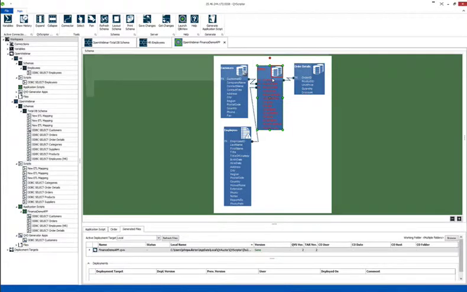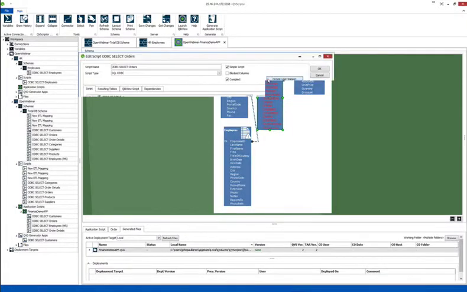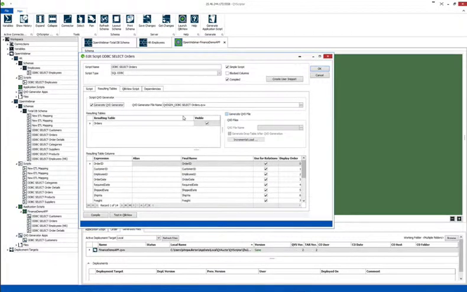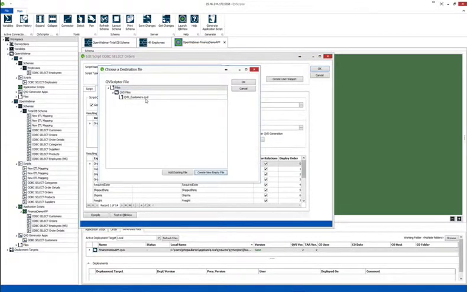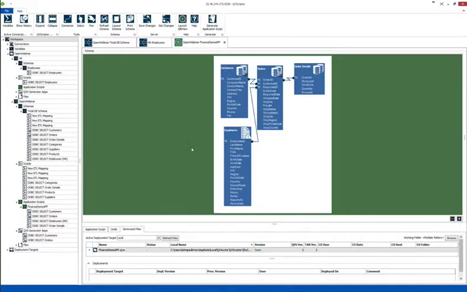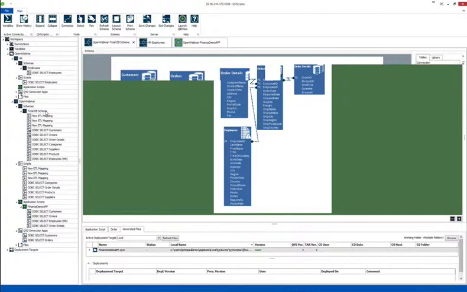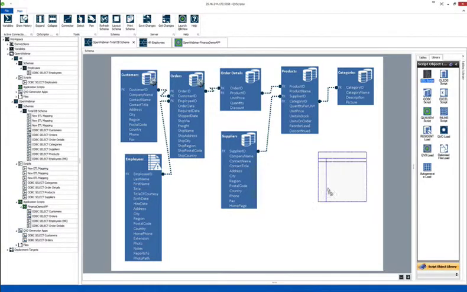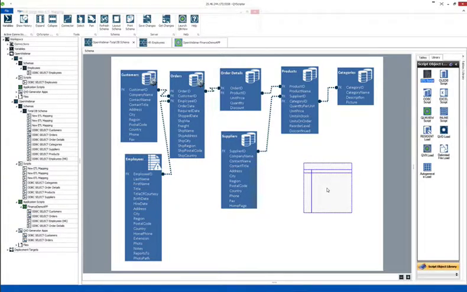So what I'll do is just create from the orders very quickly. I'll create the orders generator and the orders QVD, and I'll say OK. Maybe just before I move on, I wanted to show one more thing before I generate the generators. When you are creating script, and especially on the ETL, we have what we call snippets. So if I bring an ETL script in, and from the script editor,